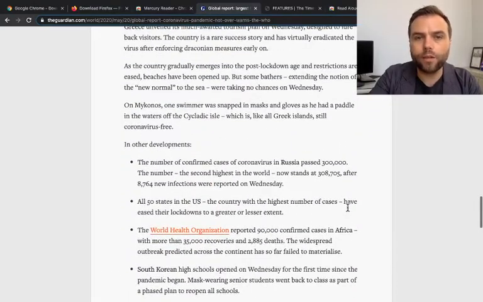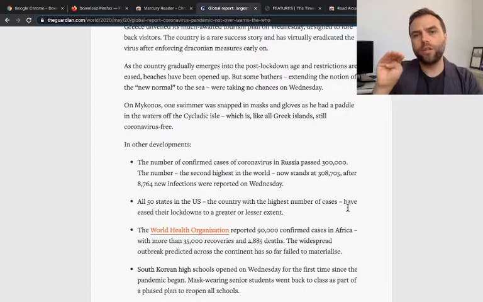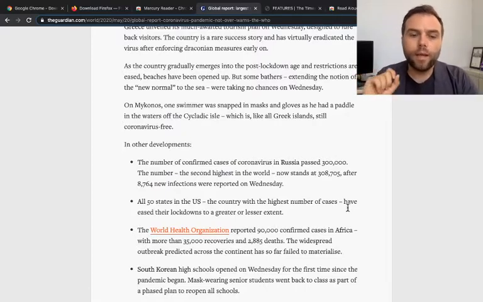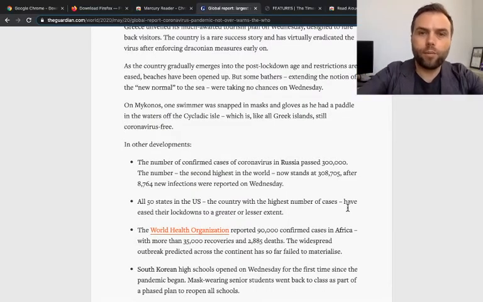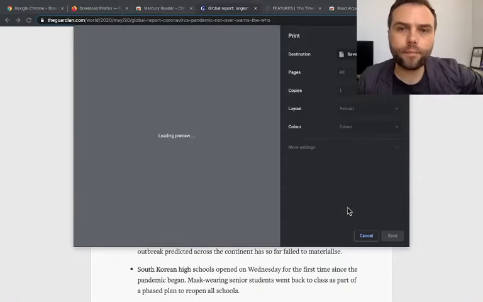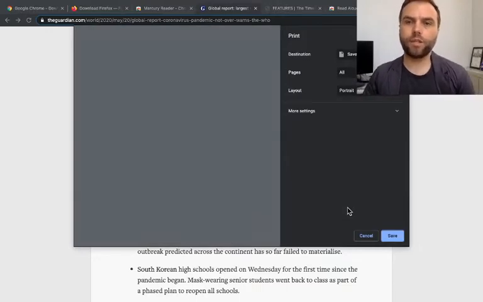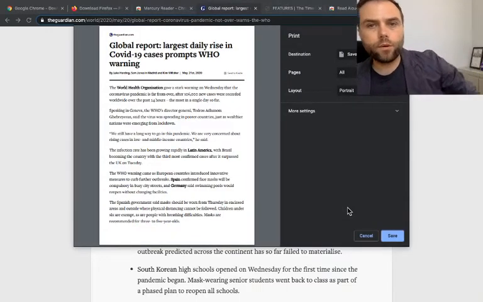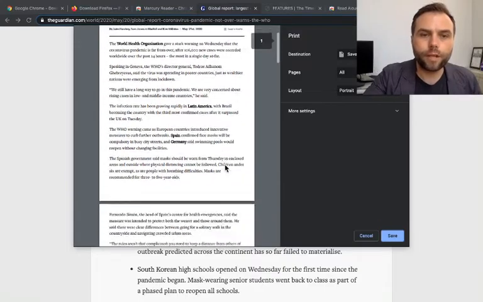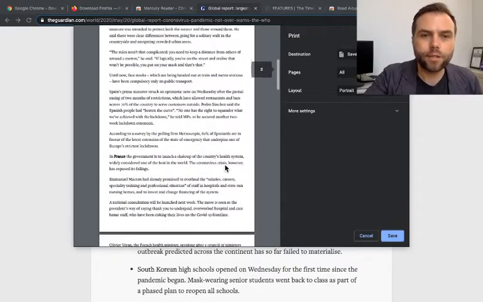Now, just make sure that you understand where the article cuts off. What you might be able to do is, before you print this, I'll just show you for an example. I'm going to print this page, and this will open up the print dialog. Now, okay, so there you go. That's what it looks like. Nice, clean,